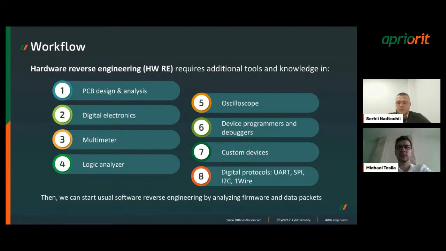By applying these points in some way, not exactly in a direct way as we go through them, we can get closer to software reverse engineering, where we can, for example, analyze some firmwares, some data streams, some data packets already captured by applying this knowledge and tools.